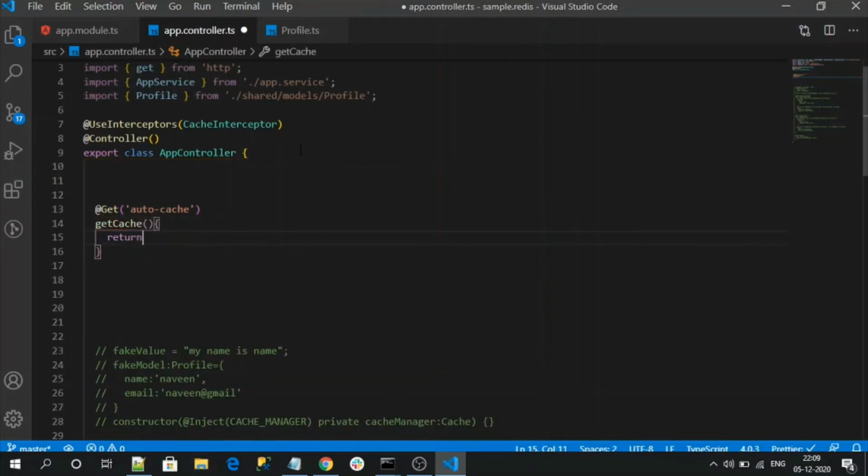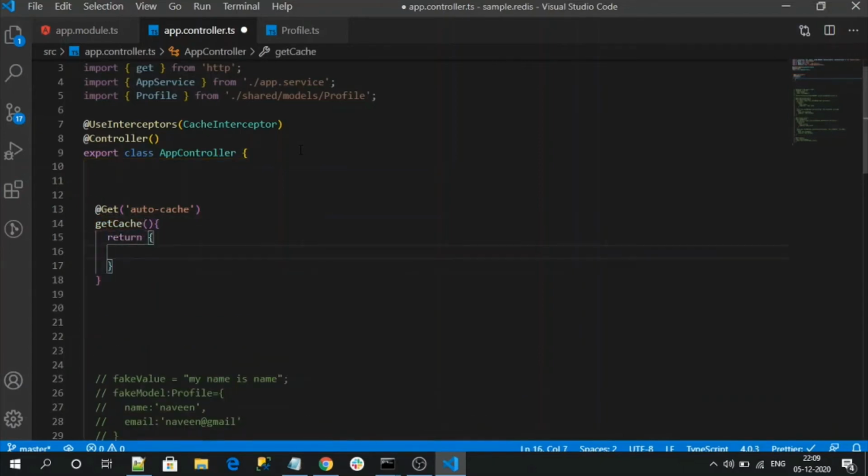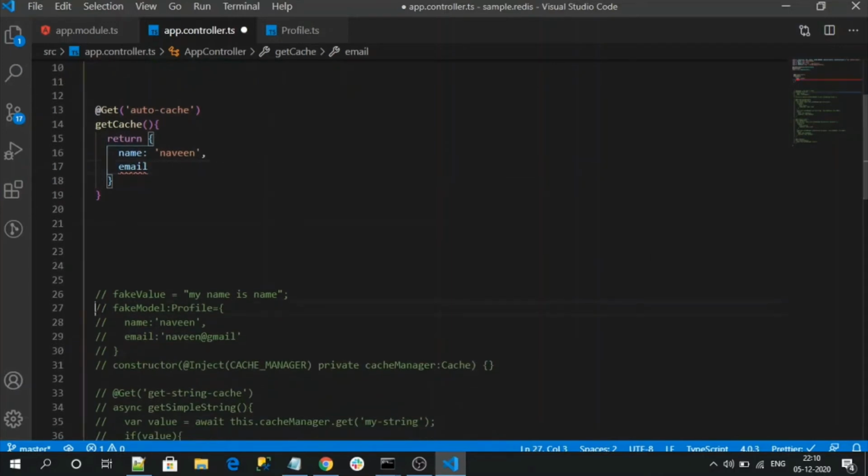Here I am going to return some fake data. Let me use this fake data only. Copy this.